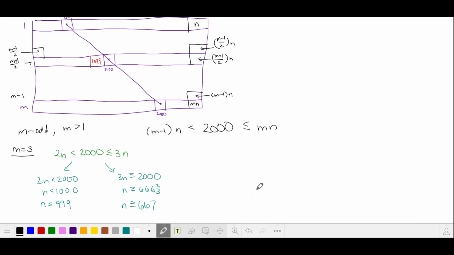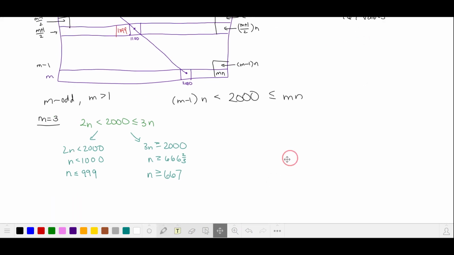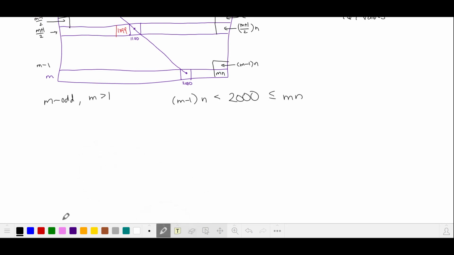So now we have, if m is equal to 3, then n is in the set of consecutive odd numbers. The smallest is 667, and the largest is 999. Since we're counting mn ordered pairs, you can count these odd numbers up and you'll find that there are 167 values for m equals 3. Let's see what happens when m is equal to, well, m is odd, so the next one is m is